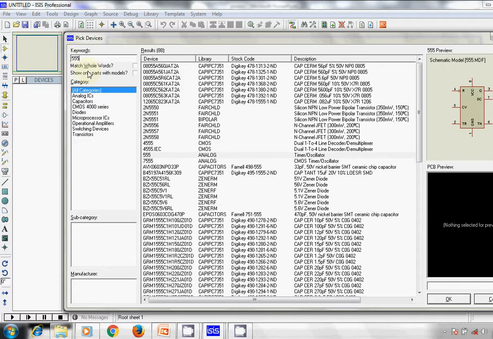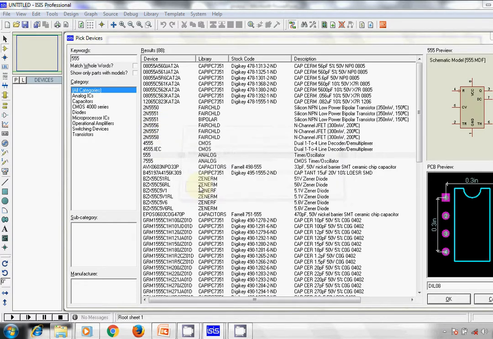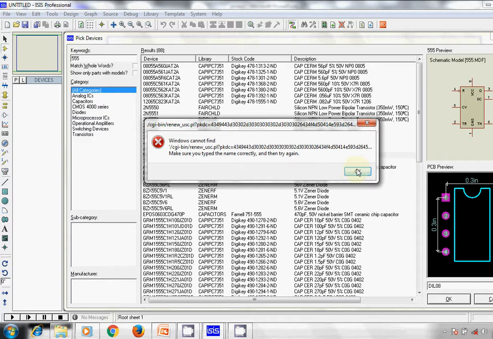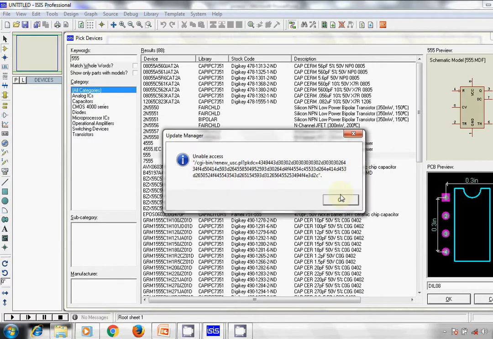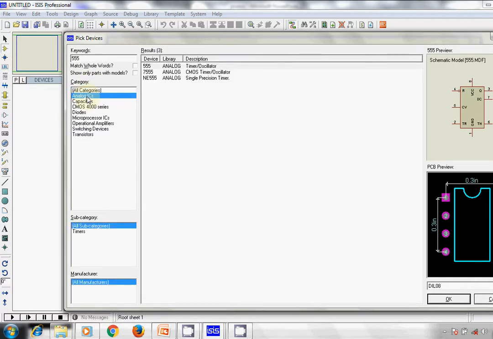So you can search for this list. Okay, let's continue. But to narrow down, we have this category. I can say analog IC. Yeah, it has removed most of the options here. So we have 555 timer. So if I select this,